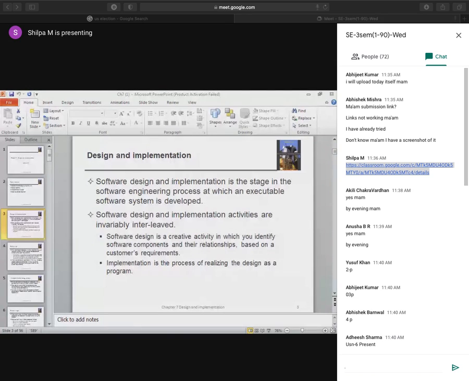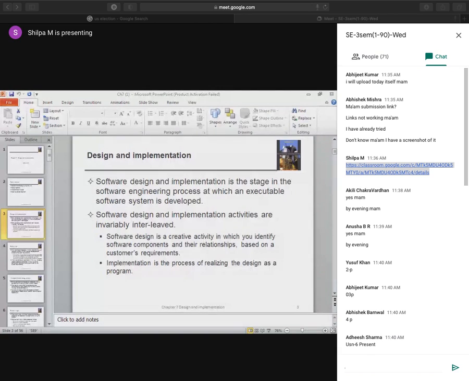Whatever I'm going to teach you now in this topic is somewhat similar to what you have learned in the previous sections. Only thing is you learned the design with respect to general software development. But here you will be learning software design and implementation with respect to object oriented programming.